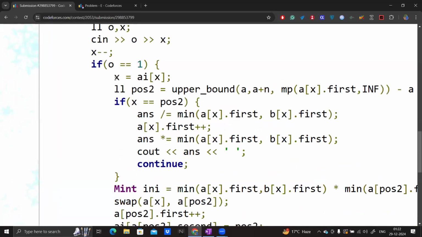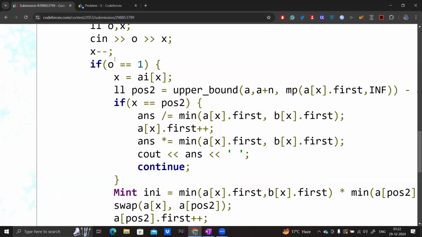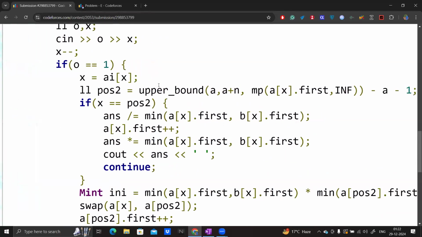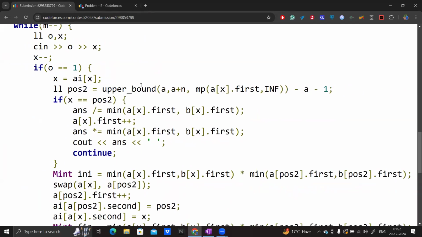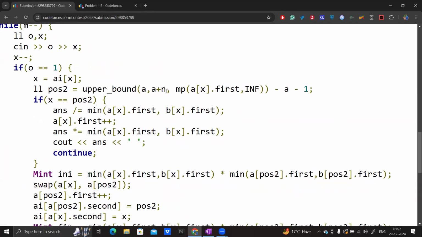Initially x was in the original array, and doing this changes the x to the one in the sorted array. Now I just need to increment that. So I am finding the last occurrence of that element. I am finding the upper bound of a x dot first and comma infinity,